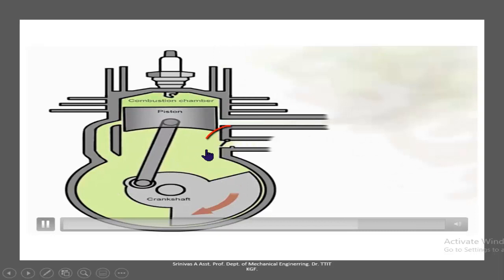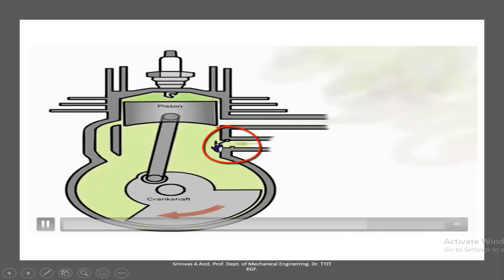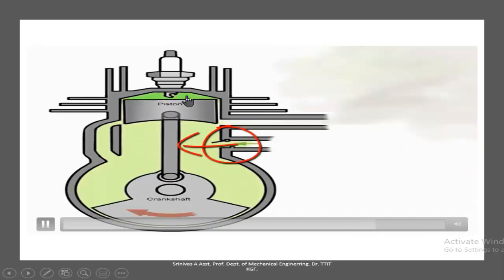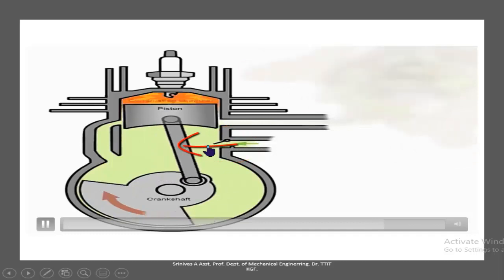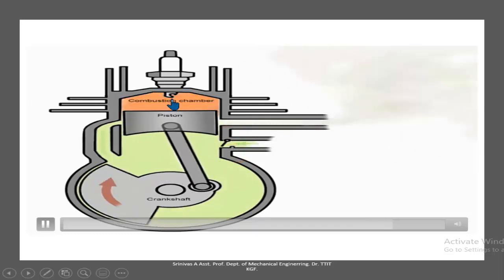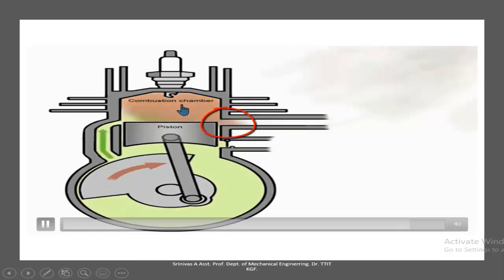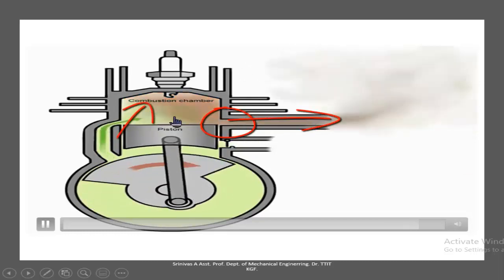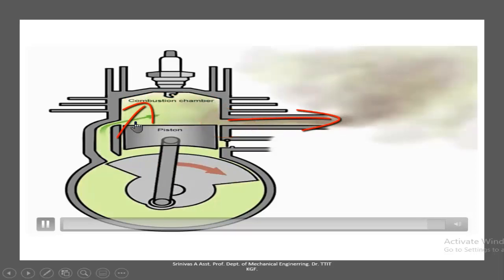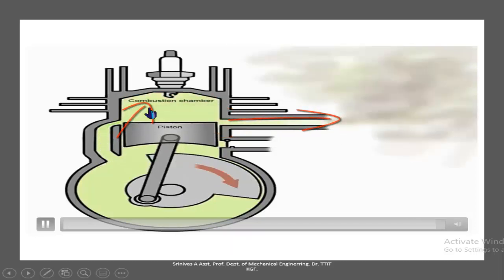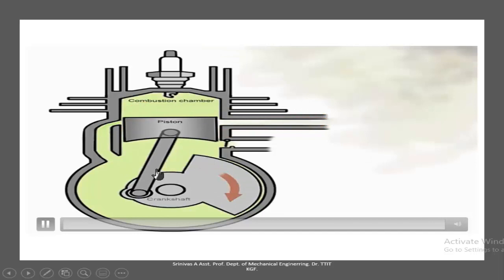Again, when the piston is moving upward, the inlet valve is open, the air-fuel mixture enters and compression takes place. That is the first cycle. And in the next, second cycle, the power stroke, the burning process takes place, the piston moves downwards and the exhaust port opens, and the burned gases are driven out, that is scavenging, by the fresh air entering through the transfer port. So like this the working takes place. Two strokes are done here.